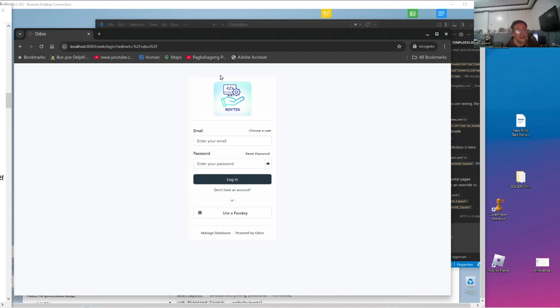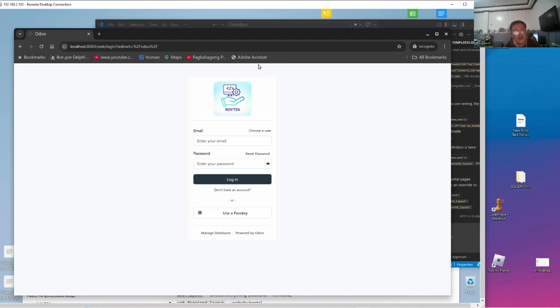So I have researched ways to customize this. Odoo being pre-styled is difficult to customize, but there are a lot of customizations that you can do, although limited on the login screen. So let's try to do that now. I've gone through several ways. The simplest way is to tinker with the Odoo base code. It's a little dangerous, but we can make it safe by creating a backup.